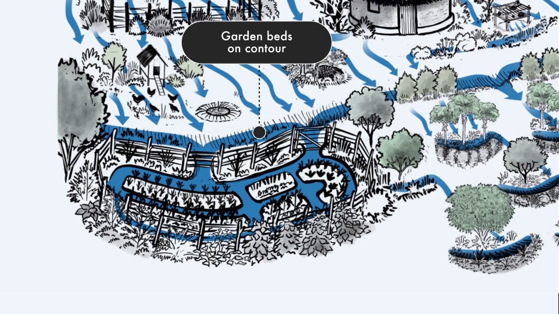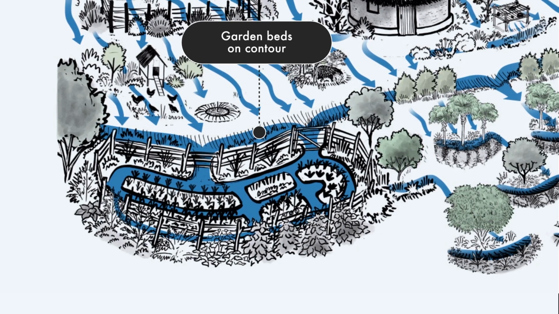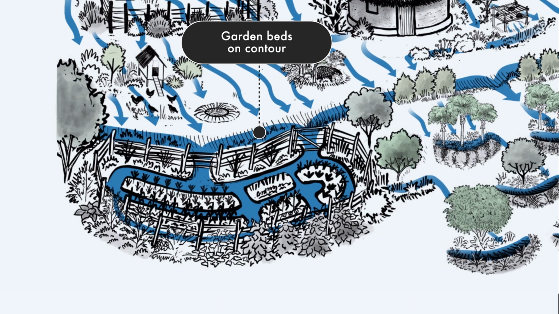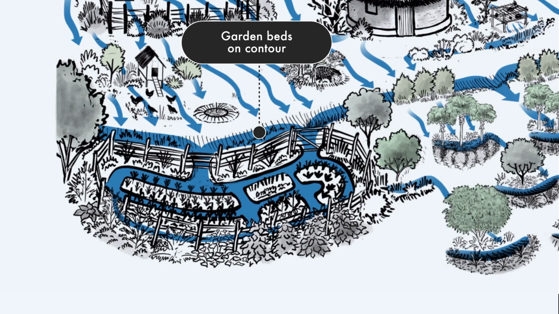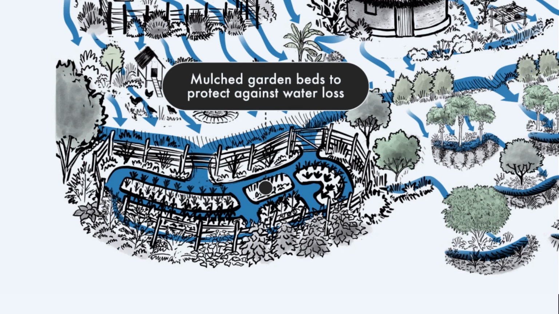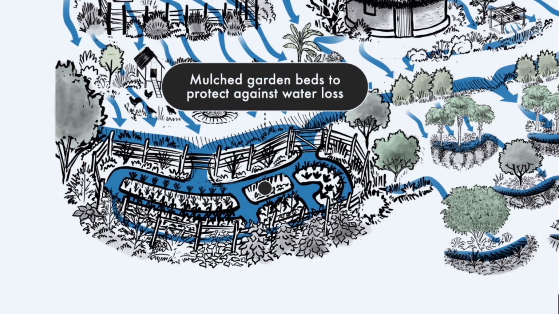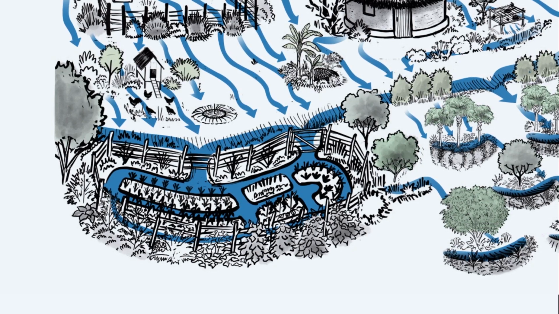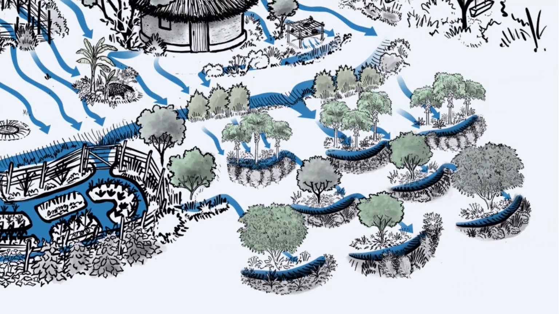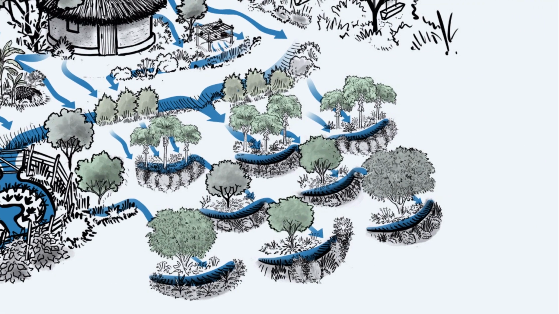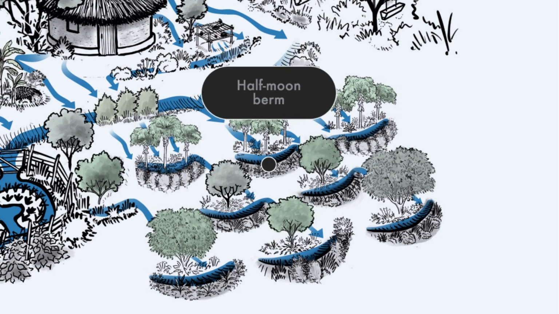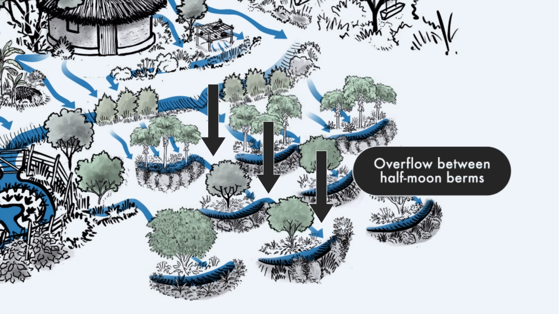The household has also dug their beds on contour with deep soil preparation and leveled them so that water falling on the beds sinks down rather than flowing off. They have also mulched their garden beds to protect against water loss caused by sun and wind. To ensure that all water flowing down the hill and out of the swale spillway is used efficiently, this household has dug half-moon berms around all the trees. The overflow from one half-moon berm feeds into the next,